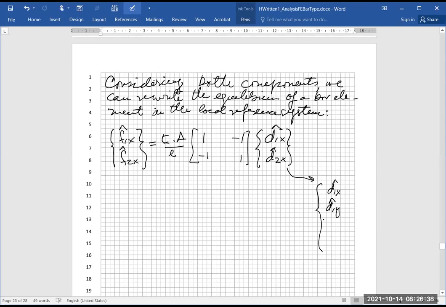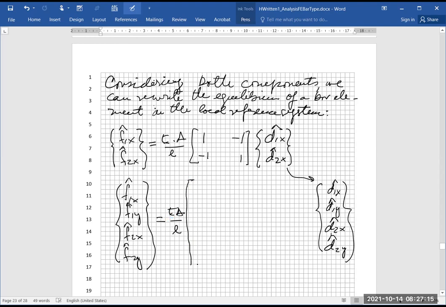Similarly, for the second joint, we have d2x, which is this one here, but in general we also have to consider the other component too. Now, on the left-hand side, similarly, we need this f1x, but now in general we could have f1y, and similarly for the second joint. Now, we have EA over L,